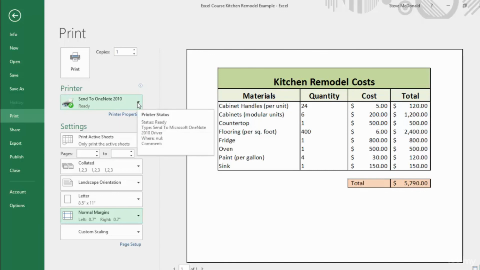Then once you have the printer that you want, you can select the number of copies that you want and go and click on the print button. Now let's take a look at another example that has additional data, and I'll show you how to arrange that